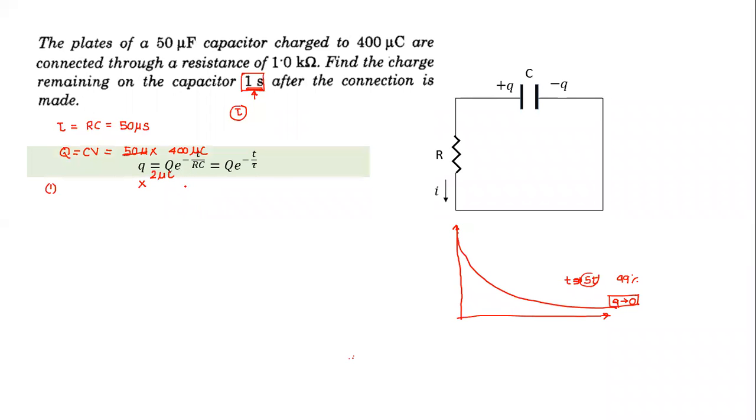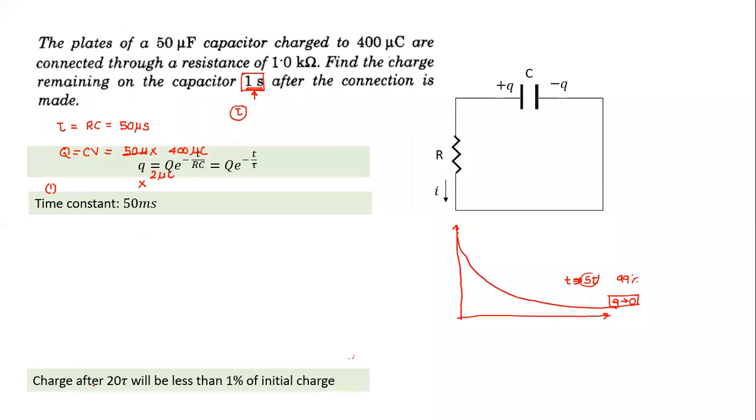And this is not easy to calculate. In this question, the time constant is 50 millisecond, and the charge after this is equivalent to 20 time constants. 20 time constants is much less than 1%, and actually it comes extremely small, about 1/1000 times of the charge. So if I have to choose an option, I will choose one which is extremely small, maybe something less than 1/1000 of the initial charge after 20 time constants.